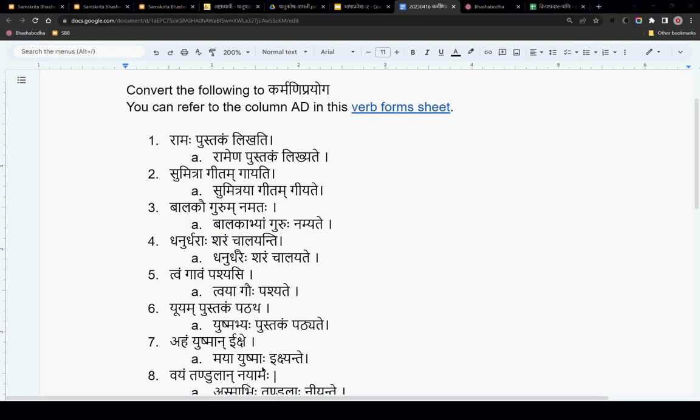Okay. So everyone note that when converting from karta to karmani, the kartrupadam in kartari prayoga will be in what vibhakti?